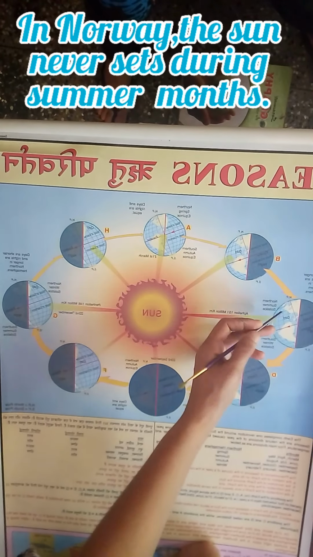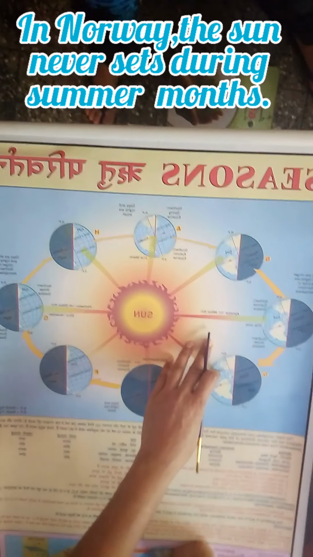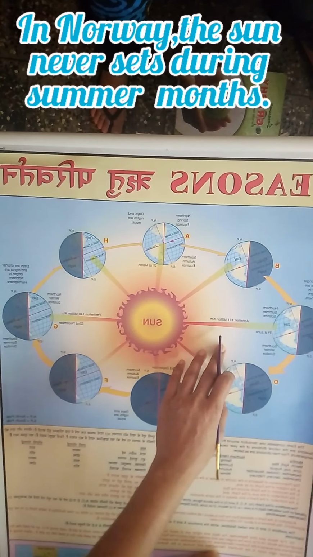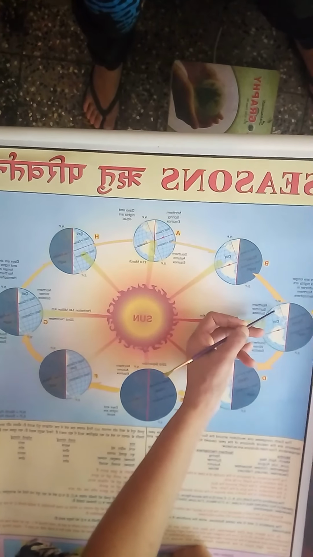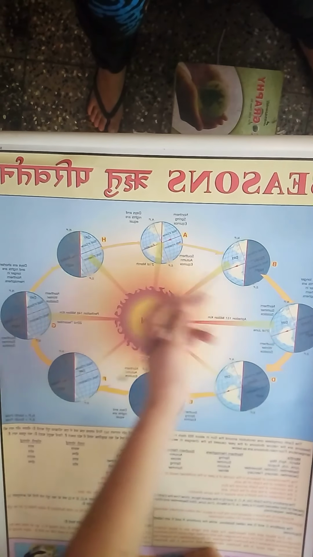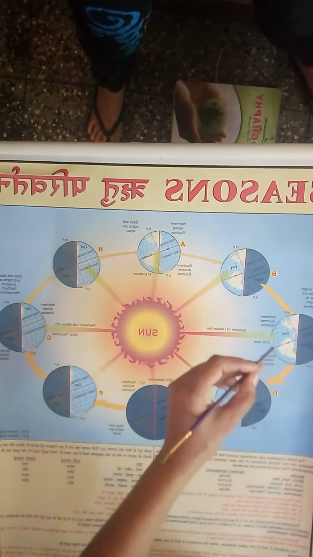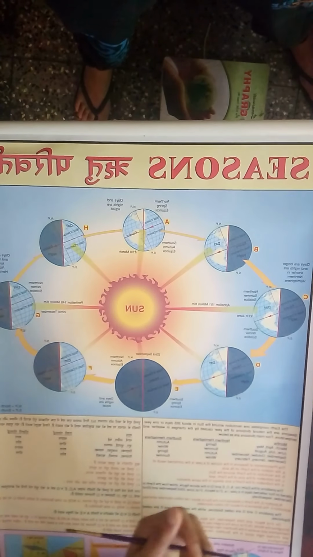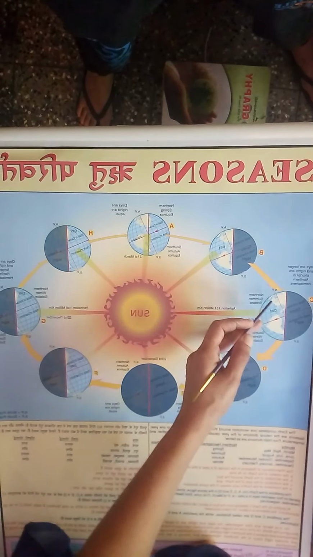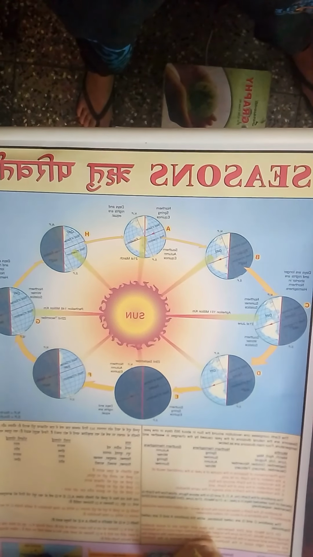And you may have heard that Norway is the land of the midnight sun. Why is Norway named like that? Norway is located very close to the north pole. In the summer season, during this northward movement period, the sun is always above the horizon there. They never experience sunset during that period. That's why this particular phenomenon is experienced. So Norway is named the land of the midnight sun.